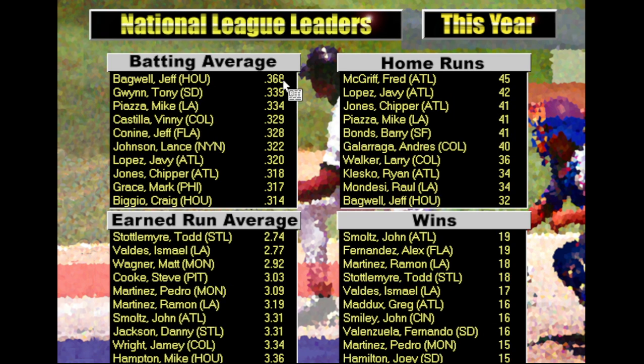National League, we've got Jeff Bagwell over Tony Gwynn, Mike Piazza third. Home run leader McGriff, 45 over Javy Lopez. And actually 3 teammates there in a row. Todd Stottlemyre leading the way in ERA, 2.74, and John Smoltz and Alex Fernandez tying with 19 victories apiece. So,